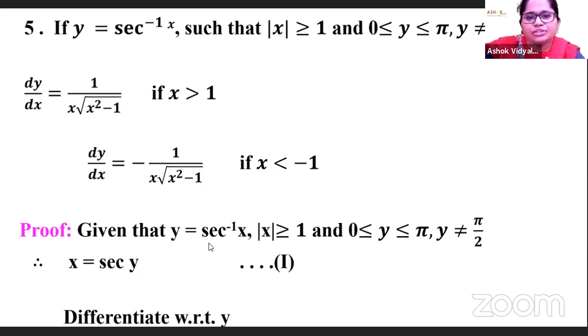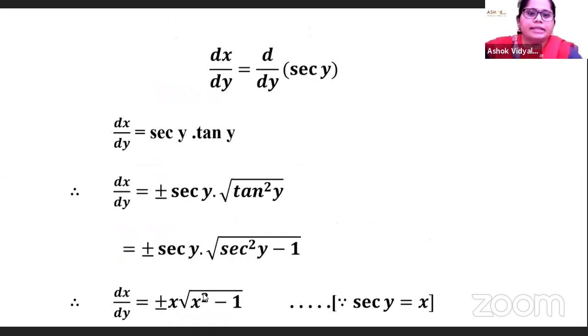Given that y is equal to sec inverse x, we express this in the form x is equal to sec y. Take this as equation number 1 and differentiate with respect to y. Then the derivative of sec y is sec y into tan y. And we express this tan y in the form of sec, because sec y is x. Hence tan y is written as under root tan square y,